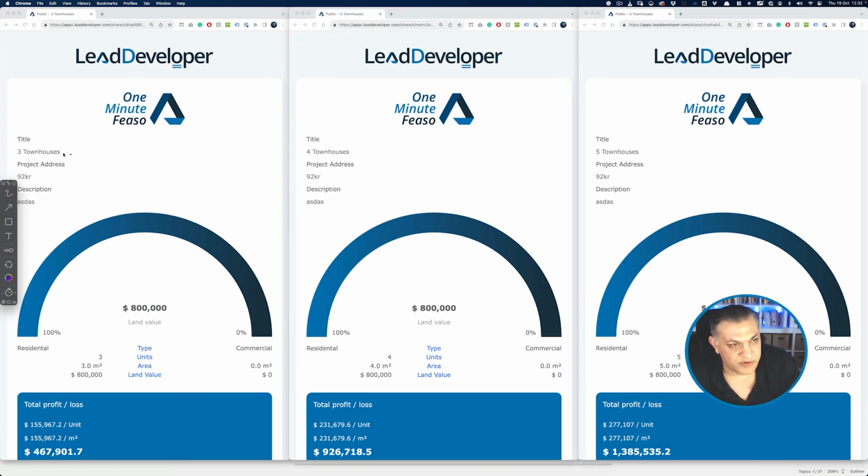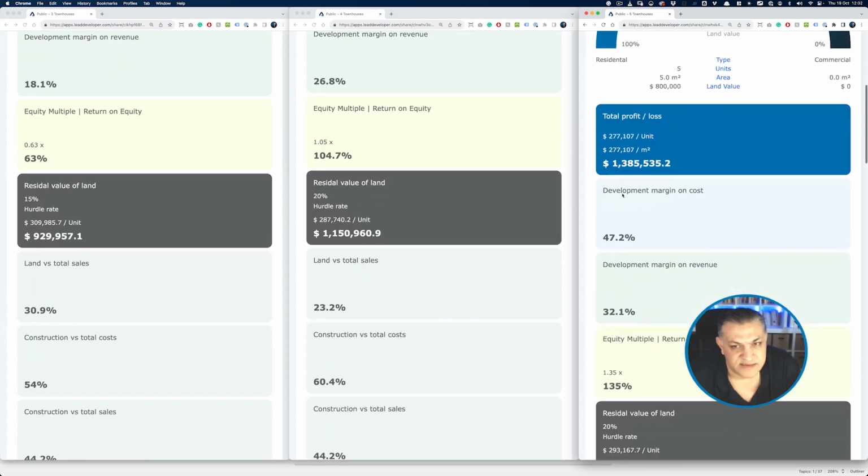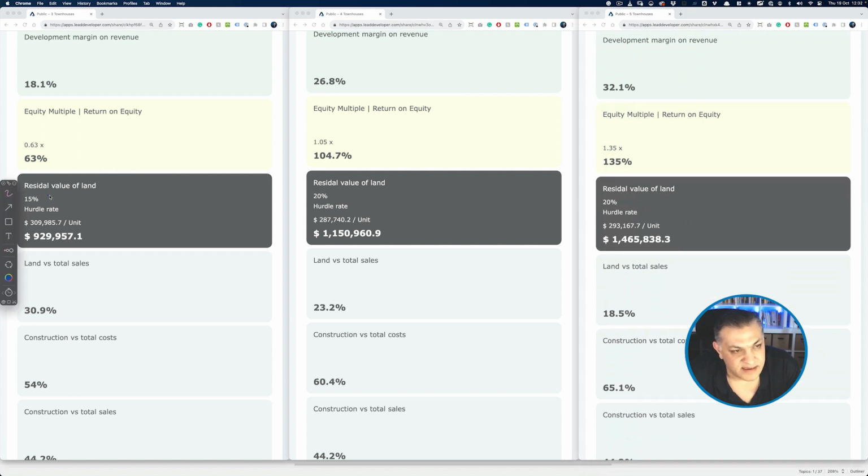And with each one of them, what we did was we figured that, okay, 3 townhouses, what can I get for this? For 4 townhouses, what can I get? If the developer can get 4 townhouses on my block, what can I get there? If the developer can get 5 townhouses on the block, what can I get in that scenario? And in all these scenarios, I know that my starting value is about 800k, but what we are playing around with is this part here, which is the residual value of land for each one of these scenarios, where I say, hey, this is a stock standard development, we can easily give 15%. Developer is happy to make 15% on this thing,